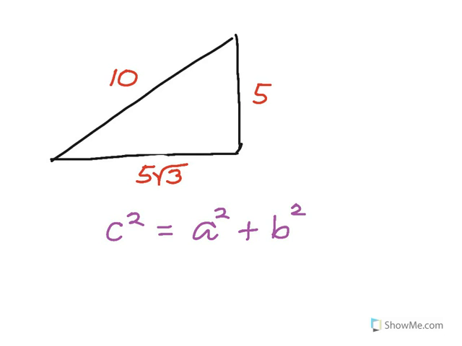So testing this, c is 10, so c squared would be 10 squared, or 100, and a, let's call that the side length that's 5, squared, plus b, let's call that 5 root 3,